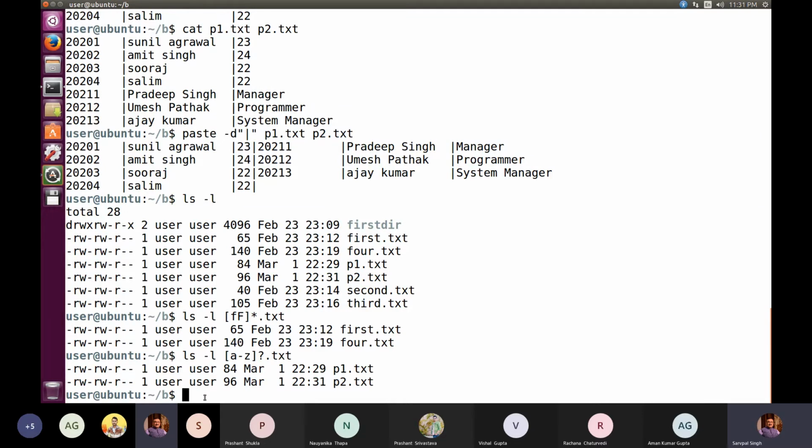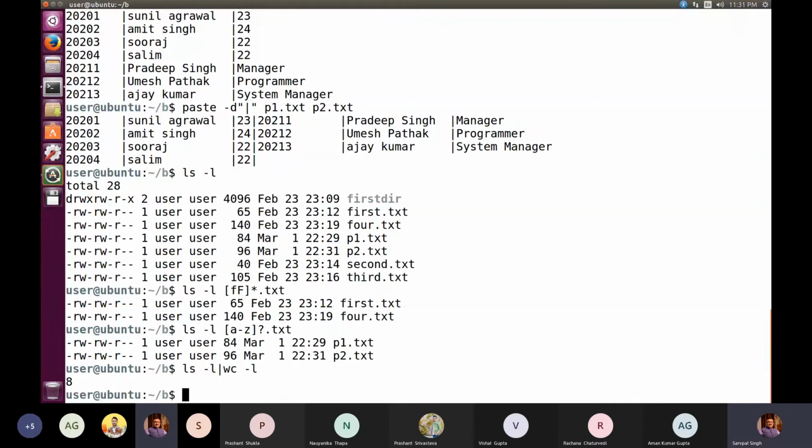So if somebody asks how many entries are there in your current directory, you can write ls minus l, then use the pipeline symbol and make use of wc minus l. So we are getting 8 because 8 entries are there. This kind of operation we can perform.